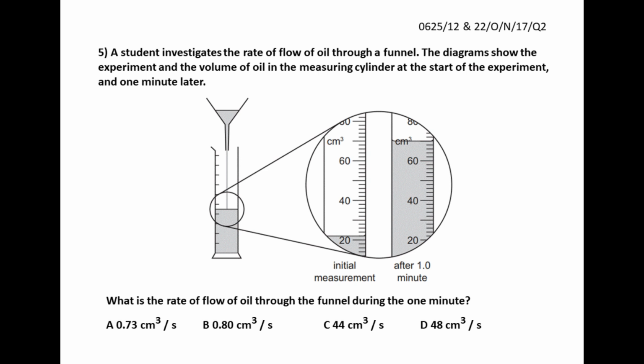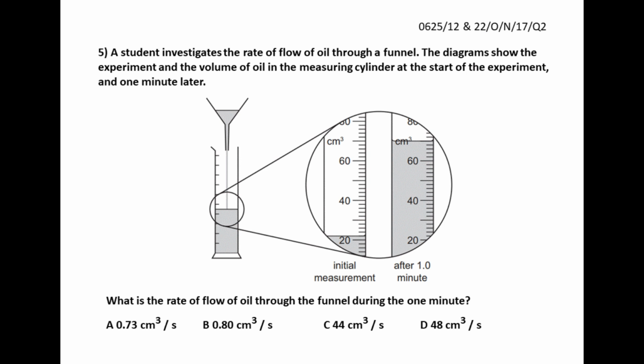Okay. Now moving on to question 5. A student investigates the rate of flow of oil through a funnel. The diagram shows the experiment and the volume of oil in the measuring cylinder at the start of the experiment and 1 minute later. So here's the initial measurement. Then after 1 minute,